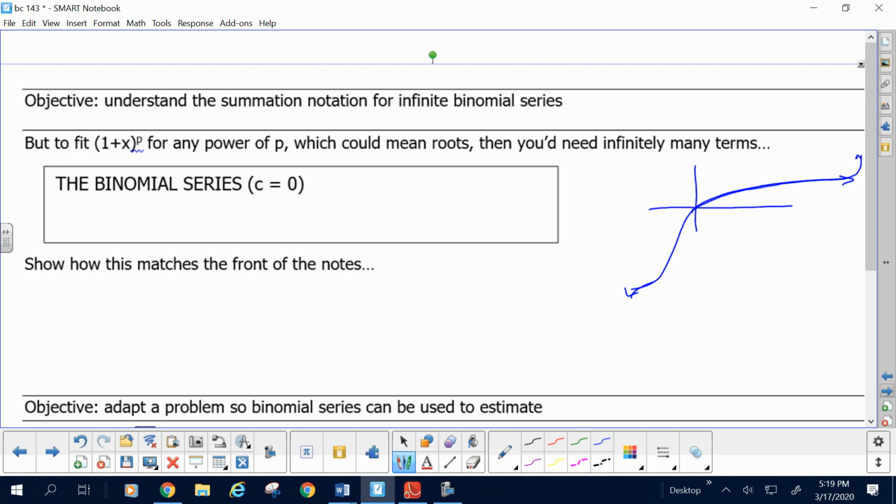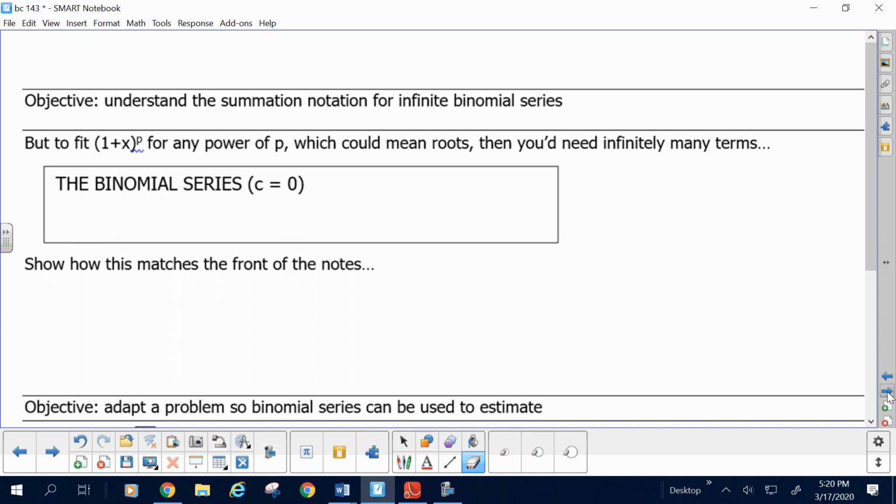So you would need to add infinitely many terms, not just a finite number of terms, but infinitely many terms, which means that instead of the binomial just ending at p, it would be going on infinitely many. But it's still x to the n and total power